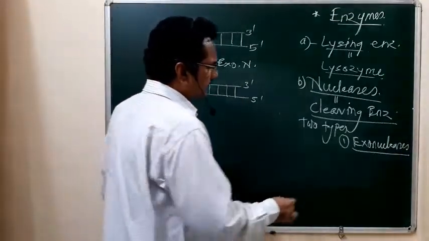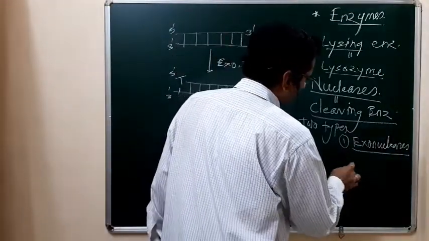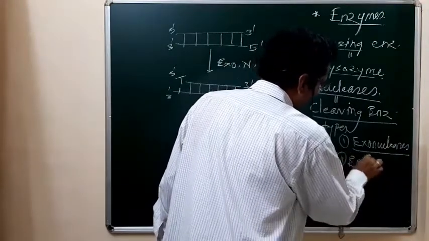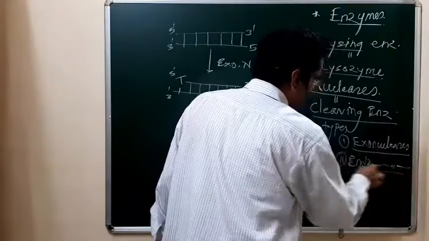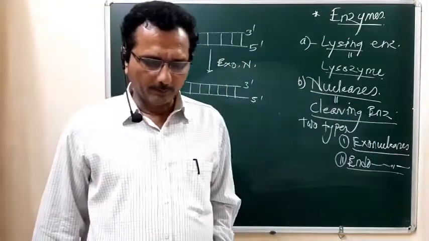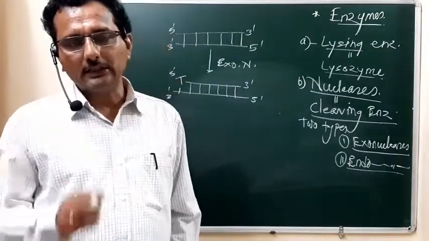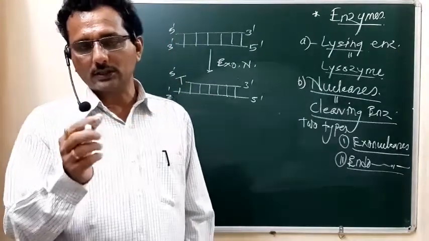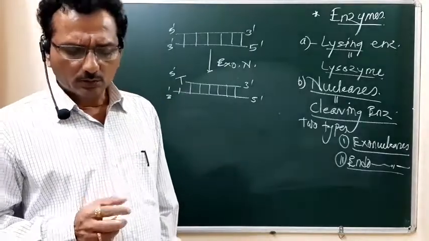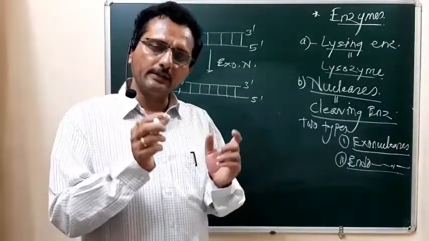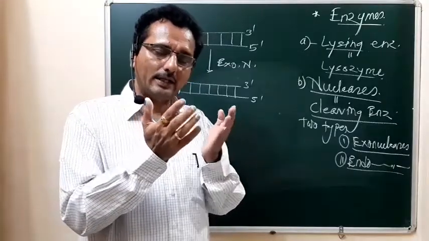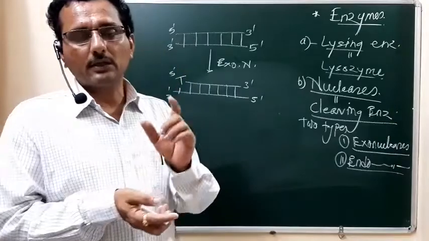Then the second type of enzyme is the endonuclease. Remember, endo means inner side and nuclease means cutting enzyme. They cut the nuclear material. So instead of cutting the nucleotide at its terminal site, they cut the nucleotide